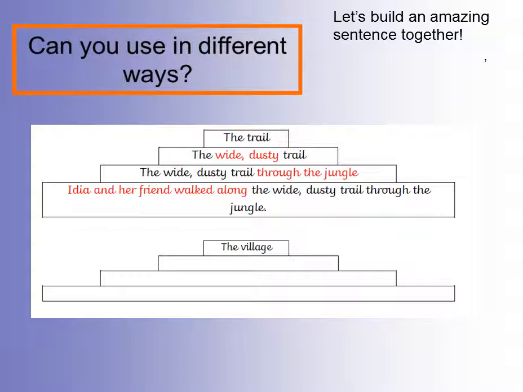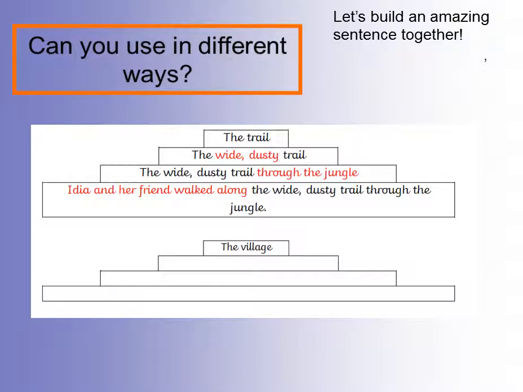What about this next one then? We're starting with our noun, village. The village. Now, if you want to have a go at this without me, you can pause the video or you can listen to my thoughts of what I would do to improve that phrase. So let's describe the village. I think I'm going to go for the bustling, busy village. I want my reader to know there's lots of people there. It's bustling, it's busy.